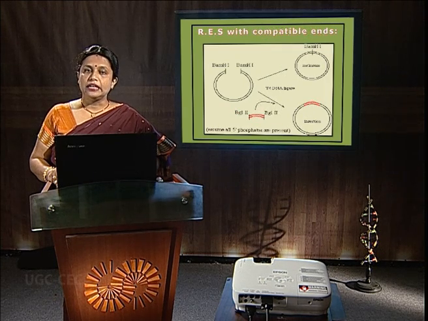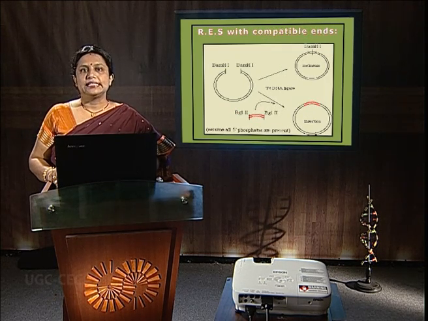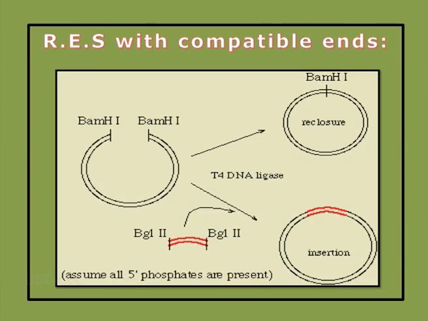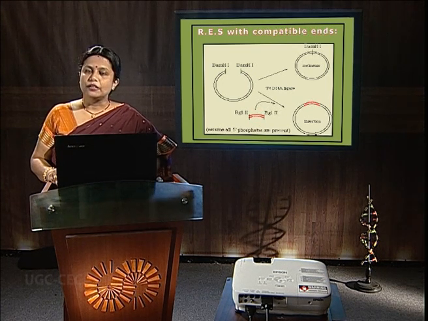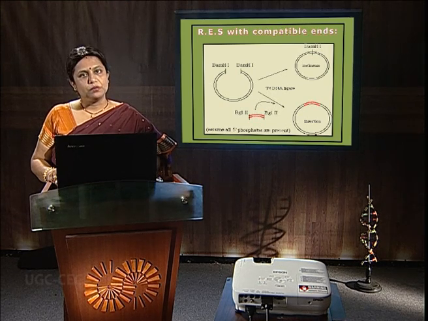Next, if there are conditions where we are not getting exactly the same restriction endonuclease cleavage sites in the vector as well as in the insert, then what to do? We need to go for certain restriction endonucleases which create compatible ends. As you can see here, a vector that is cleaved with BamHI can be used for cloning an insert DNA which is chopped up with BglII. It means we may conclude that BamHI and BglII create compatible ends and can be used for cloning.